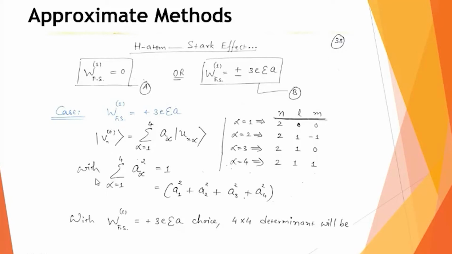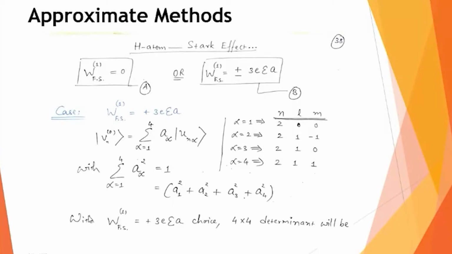And we have already discussed what is the condition which we impose on this coefficient A alpha, that the total sum of the squares of this A alpha, the coefficients, should be 1. The total probability should be 1. It is, in fact, as we have already discussed, the weight factor for each E, N, and alpha, where N means, in our case, it is 2, and alpha means it is 1, 2, 3, 4, like that.